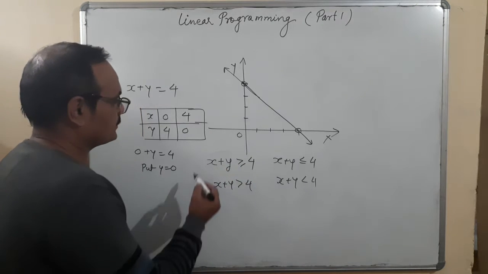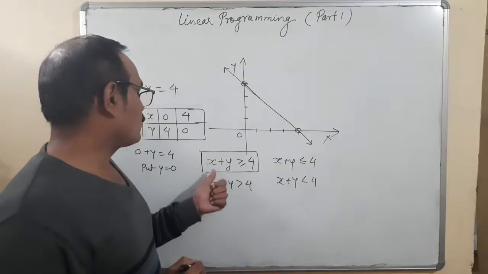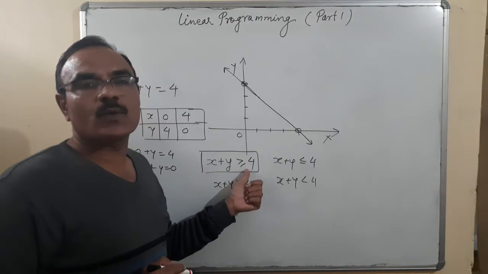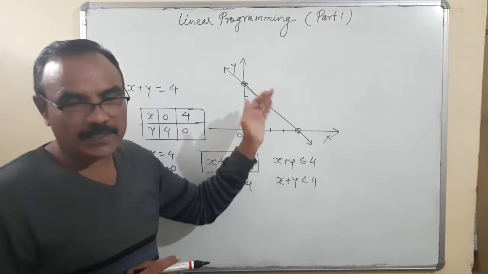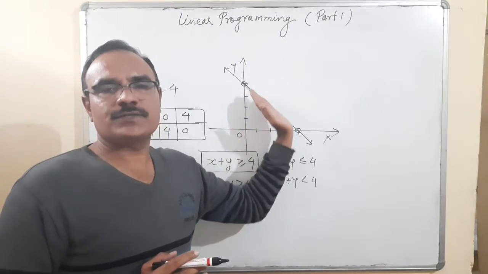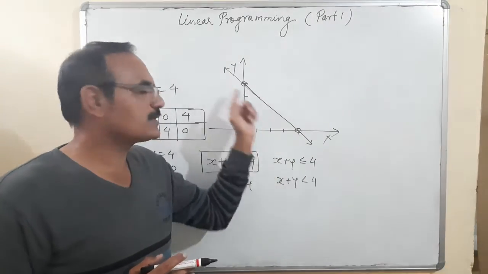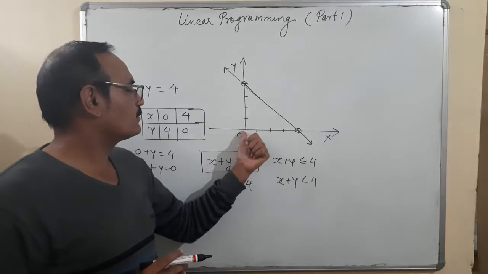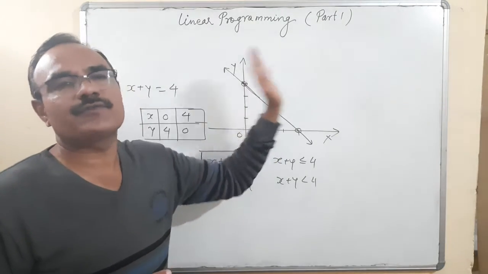When we are talking about this term, greater or equal to 4, so one condition, x plus y is equal to 4, is satisfied. Second, x plus y is greater than 4. So let us see which condition this is, because this line is dividing the plane into actually 3 parts. One is to the downside of the line, one is to the upside of the line, and the third one is on the line. So x plus y is equal to 4 means the points which are coming on the line. Now let us see towards the origin. This is one point, this is the origin. So one area is towards the origin and the second area is away from the origin.